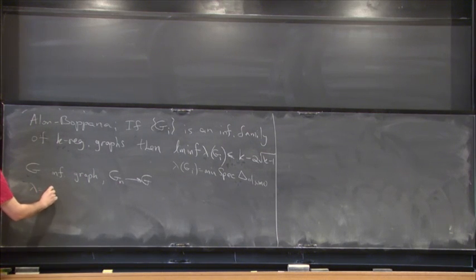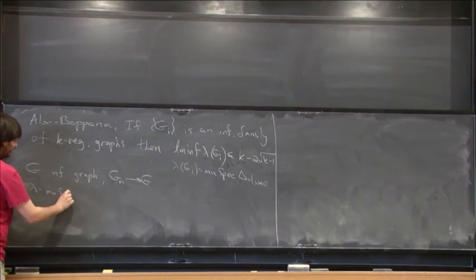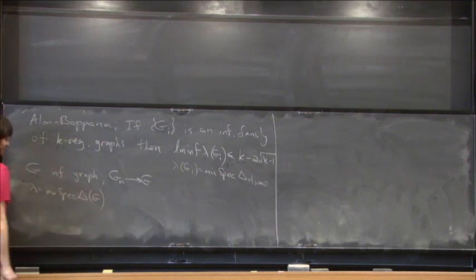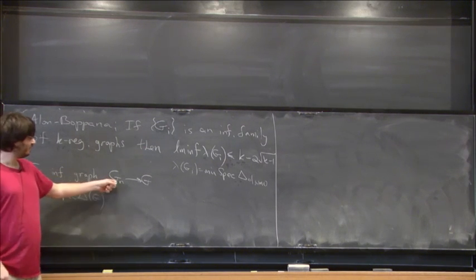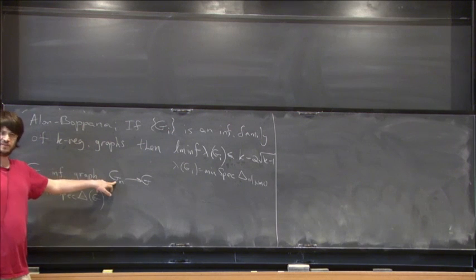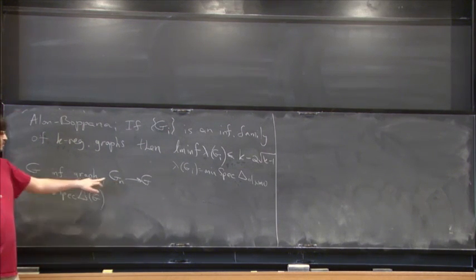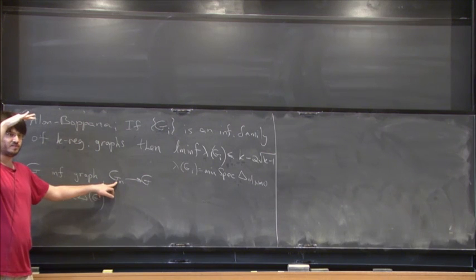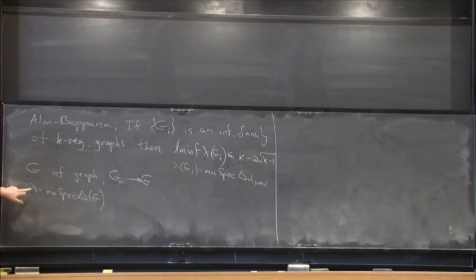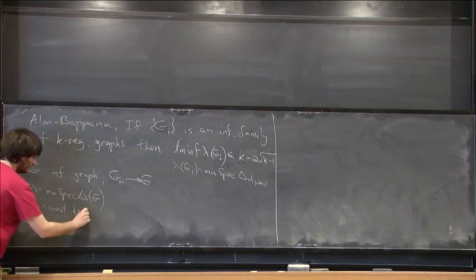So let's say lambda is the minimum of the spectrum of the Laplacian of the graph. The point is that if lambda is 0, then the spectrum of the Laplacian of this graph has a sequence of eigenvalues converging to this lambda. But maybe all of them are 0 and they're coming from the constant functions. But the eigenvalue 0 corresponds to the constant function, right? And it can't be an isolated point. Lambda cannot be isolated,